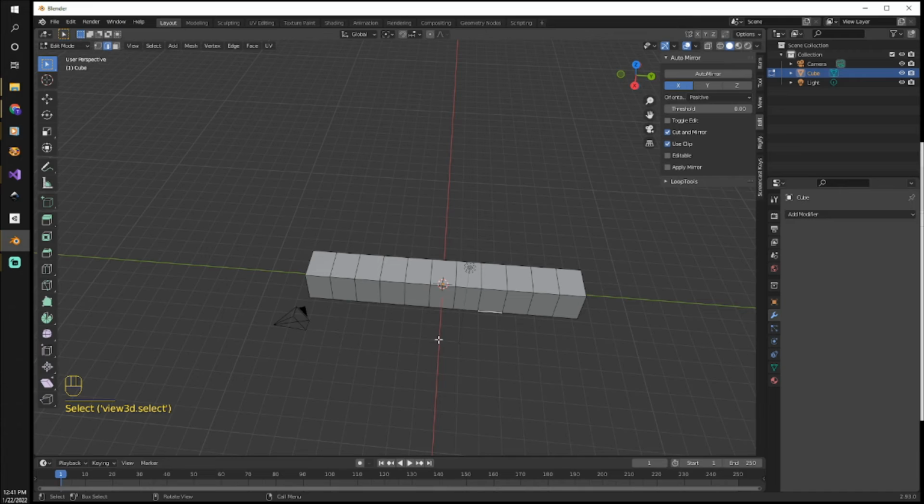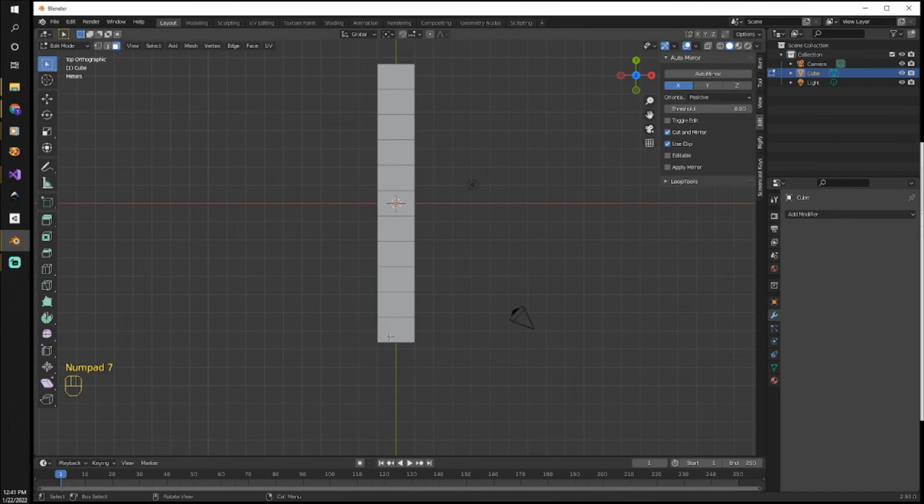I'm going to go into edit face mode. I'm going to go to the top and select this face. And if I scale it now, you'll notice it just scales that face. But if I want to actually scale so it scales all the faces